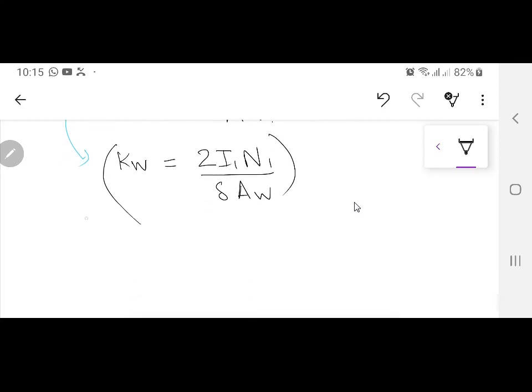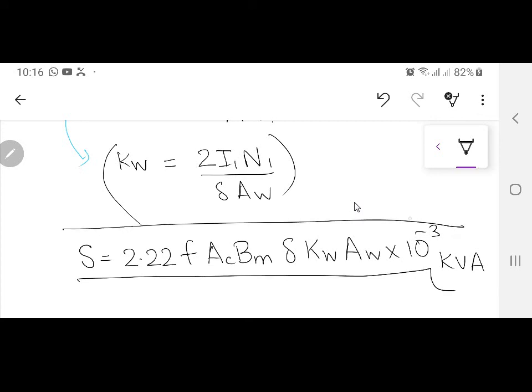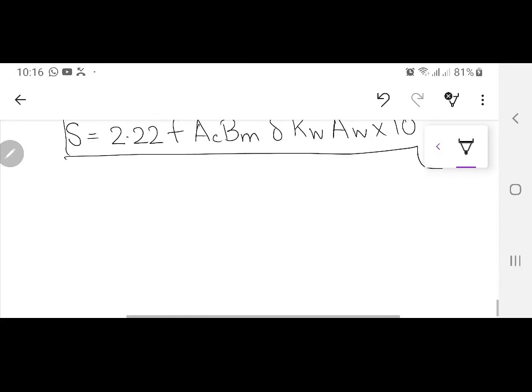So when you put that one in the same equation, this becomes S equal to the same equation 2.22 F AC BM delta kW AW into 10 raised to power minus 3 kVA. So single phase core type and single phase shell type, they both have the same design equation, no change as well. But when we move on from a single phase device to a 3-phase